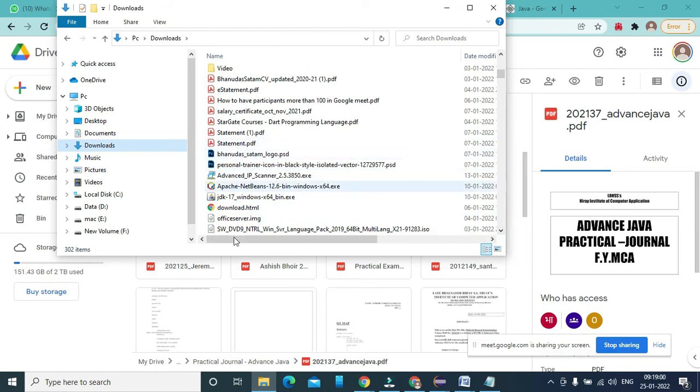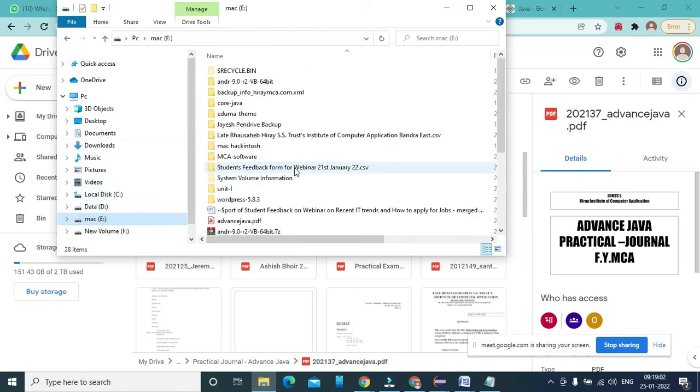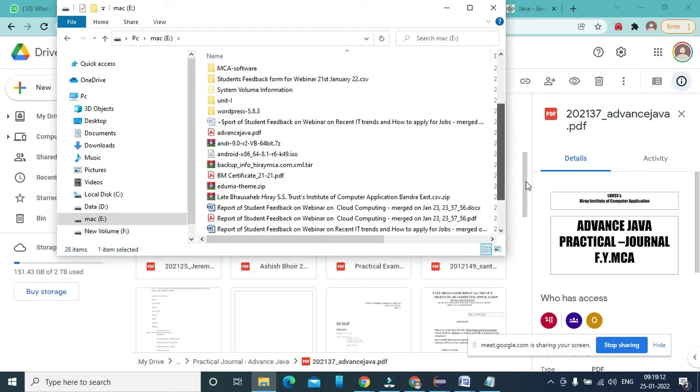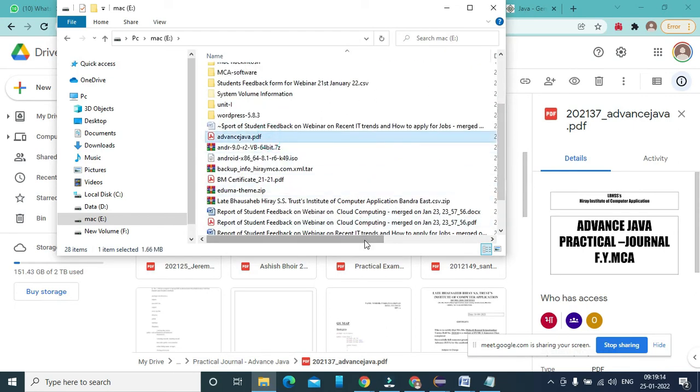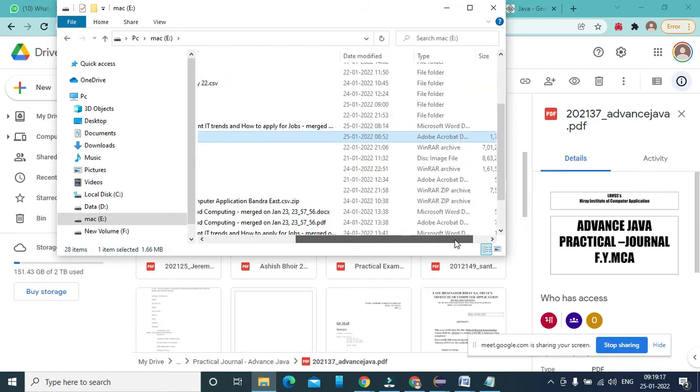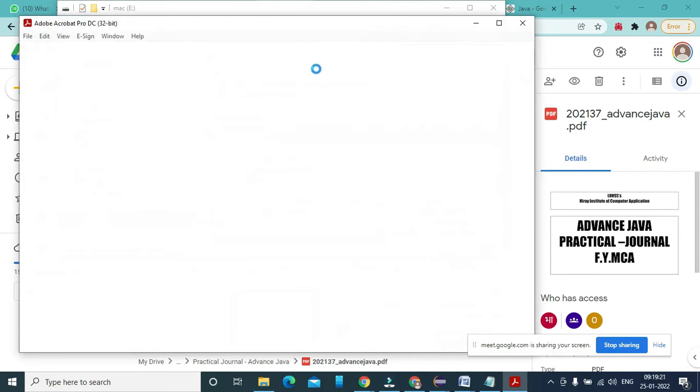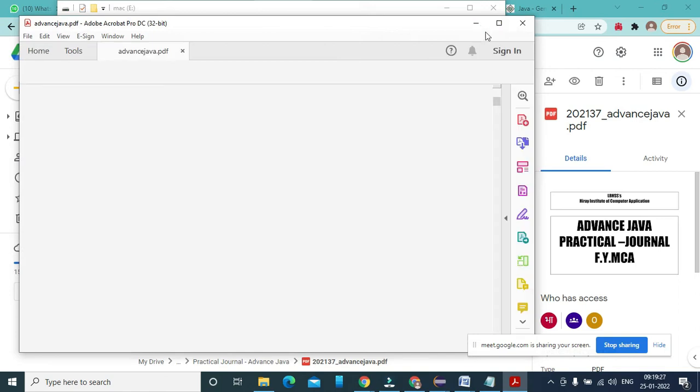Okay, practical journal, that is in e advanced Java PDF. प्रैक्टिकल जरूर, ये नहीं है ना, हाँ यही है, हाँ.